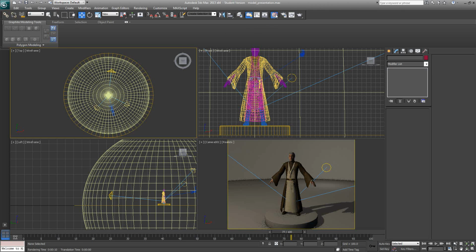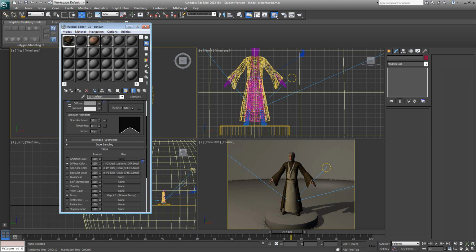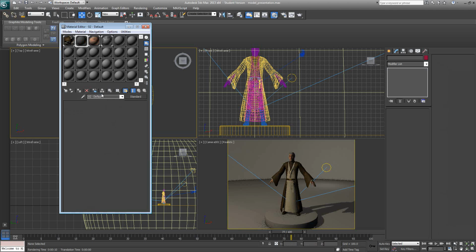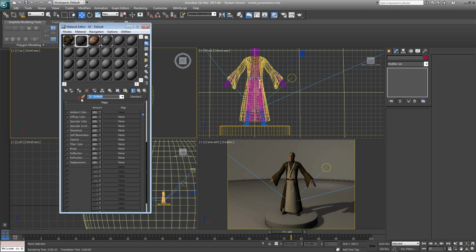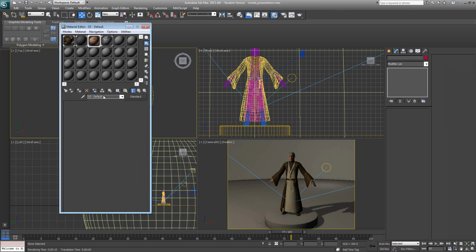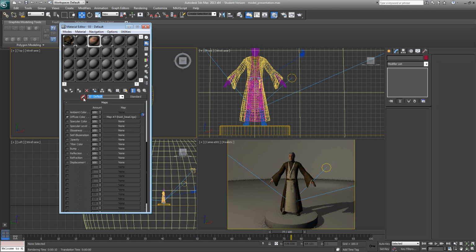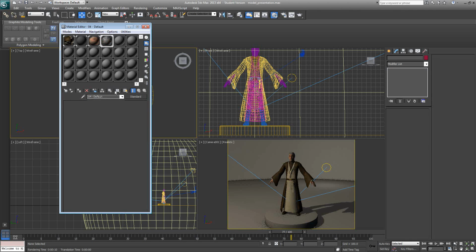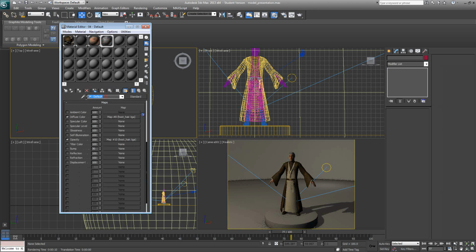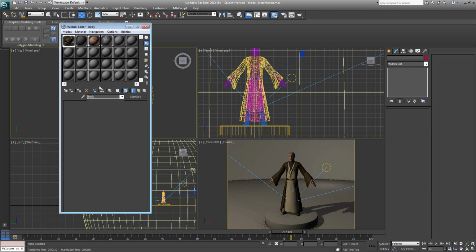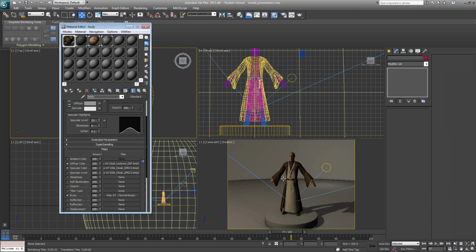Okay, so first thing to note is if I just open the material editor, you see we've got a set of materials here. Should have named all these before I started really. And I haven't really set up these shaders properly. That's something for you to mess around with. If you are going to do your rendered